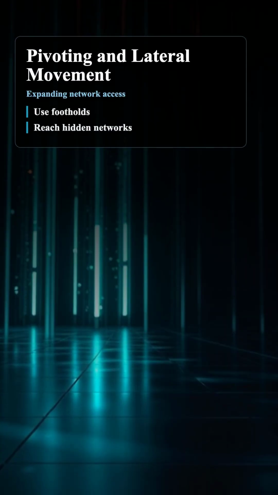Now let's explore how to move deeper into the network. Pivoting and lateral movement are your primary tools for expanding access. Lateral movement is the act of moving from one compromised system to another at a similar privilege level. You're taking a sidestep from your initial foothold to access adjacent systems. Pivoting is broader. It means using a compromised system as a jumping-off point to gain a new perspective on the